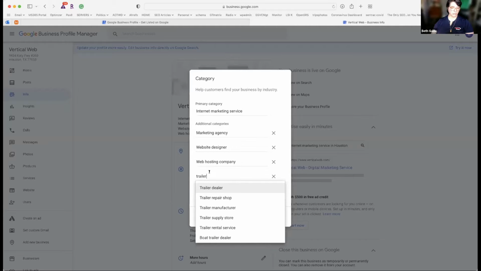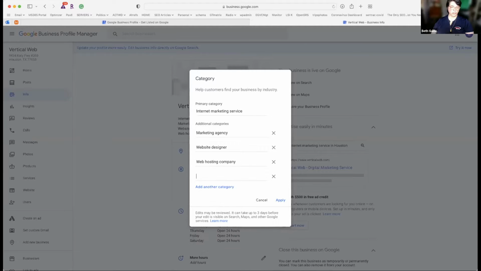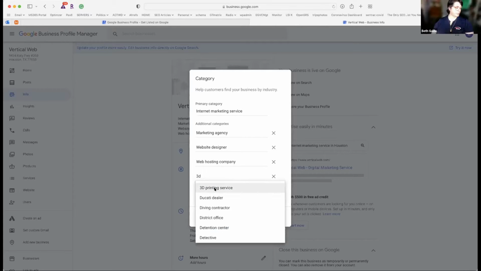Let's see, you're saying router work. When you're saying router work, I'm assuming you mean woodwork and stuff like that, right? I'm guessing, but I'm thinking that's what you mean. And then 3D printing, probably. And then see, 3D printing service. So you have them all. I'd never be brave enough to go stick them all on the same profile, though.